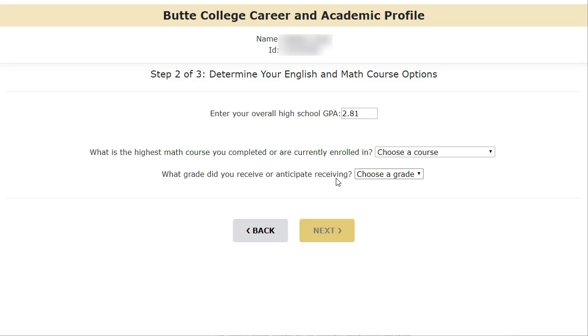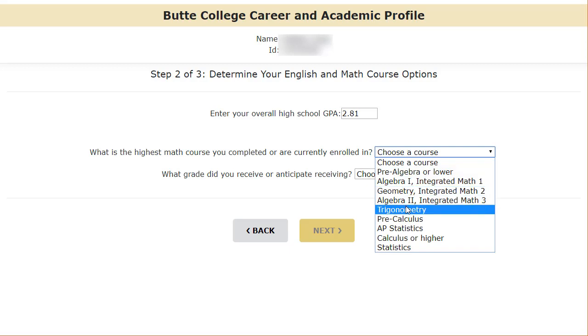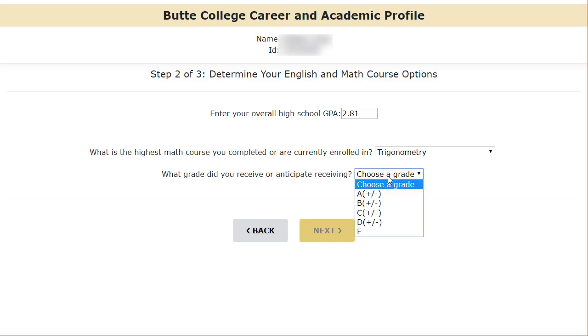Once on this page, select the highest math course you completed in high school with a C- or better. Then enter the highest grade you received in that course. Once you've entered your high school math information or you took a college math course above statistics, the next page